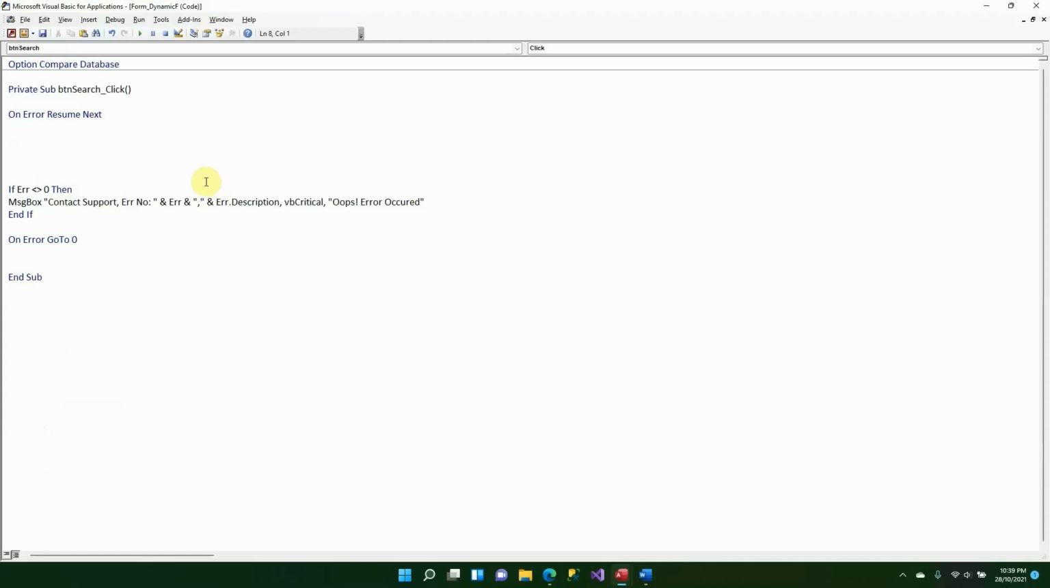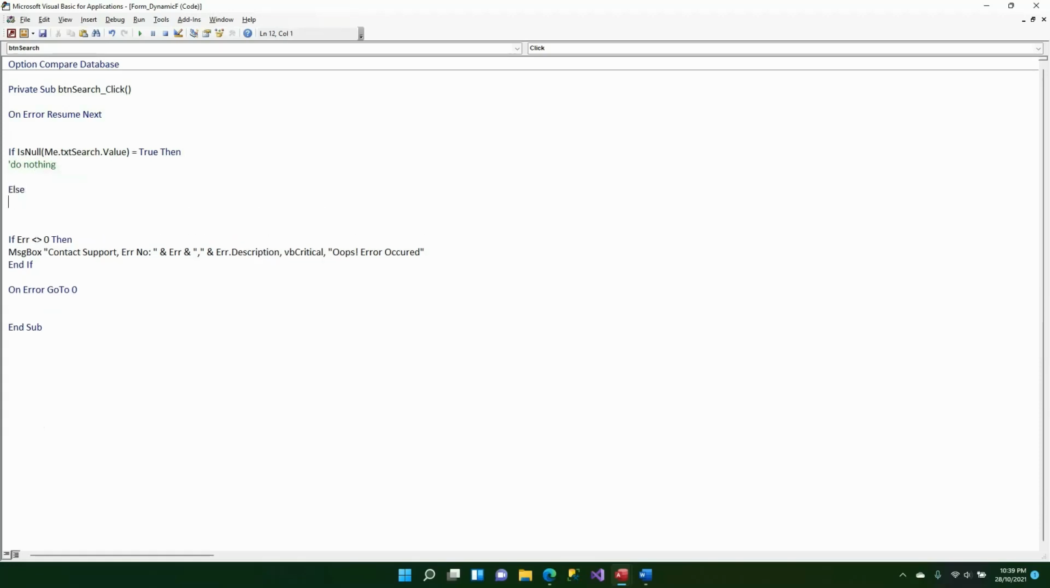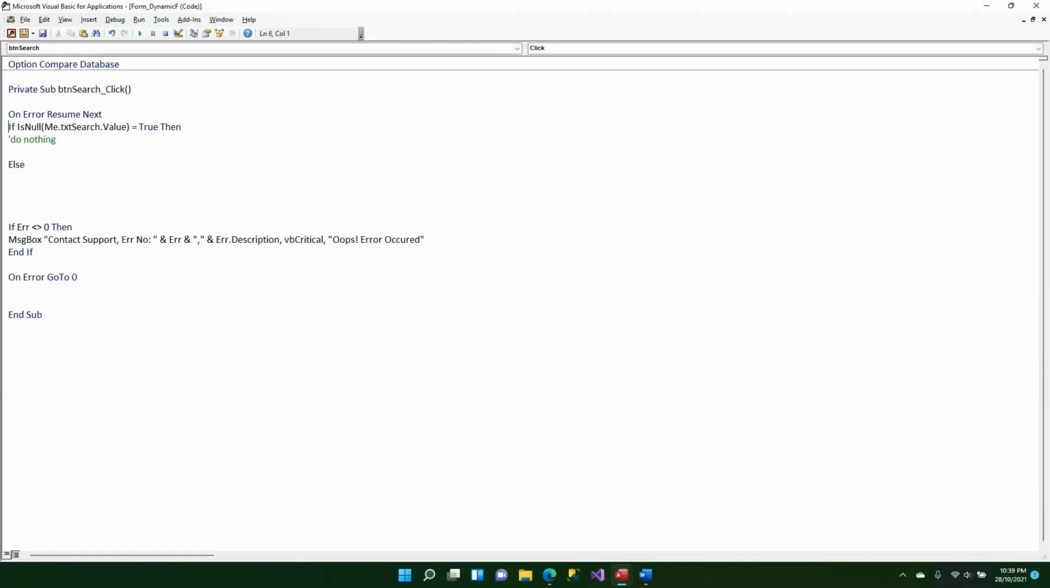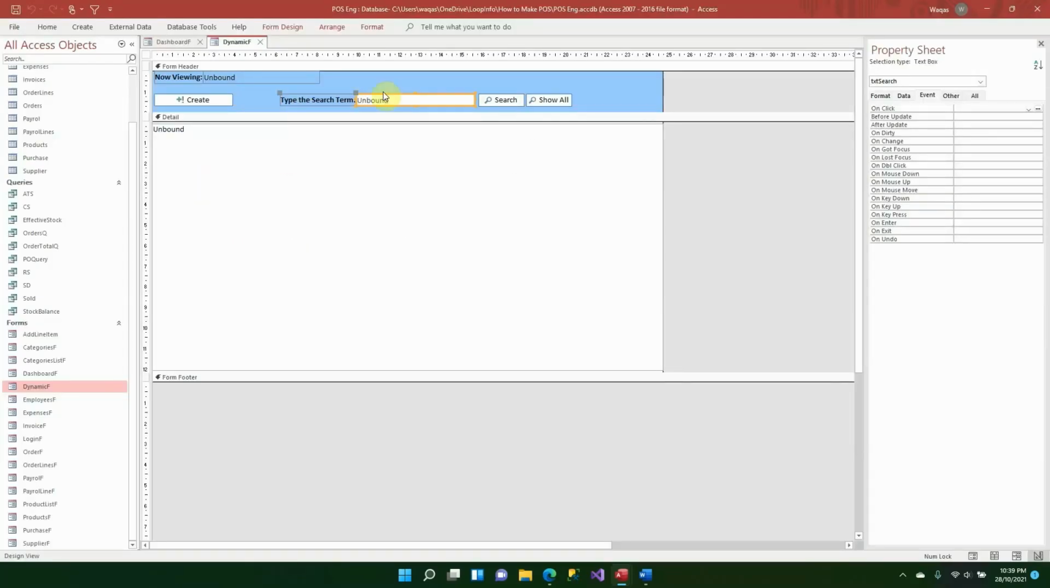So let's write that code: if IsNull(Me.txtSearch.Value) = True, then do nothing, right? Else, if it's not empty, if the user has written something, then what should be done? Well, the